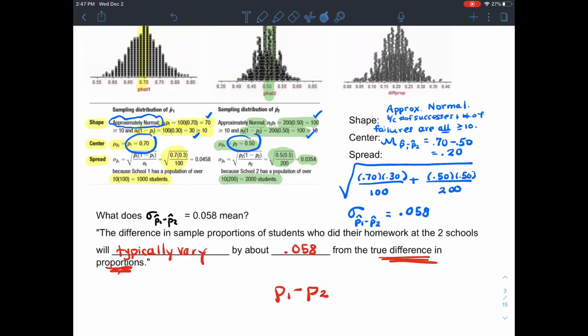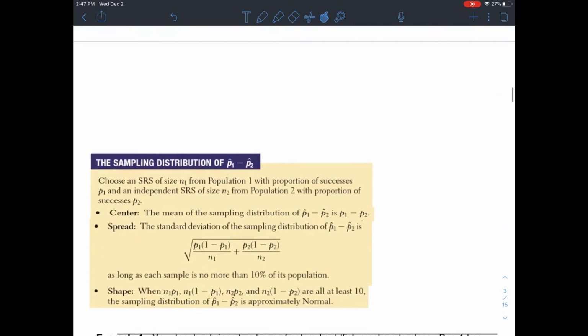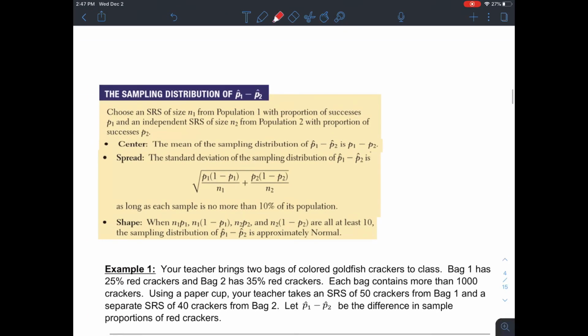All right, so let's go ahead and flip here to the next page, and we'll see if we can try to put this in action with an example here. And so what you see here is just reiterating the center, spread. I'm just going to highlight that when we do the spread, we have to do the 10% condition for each, and the shape, okay, which means